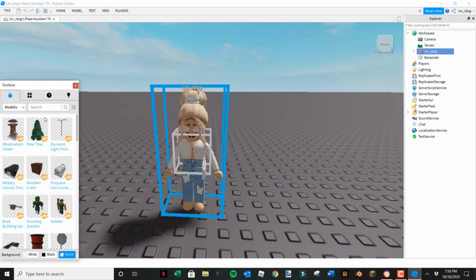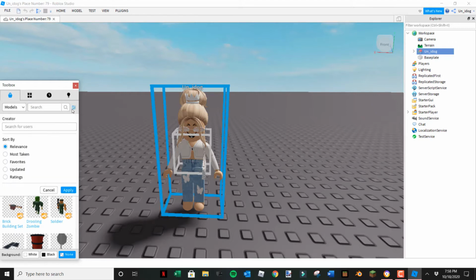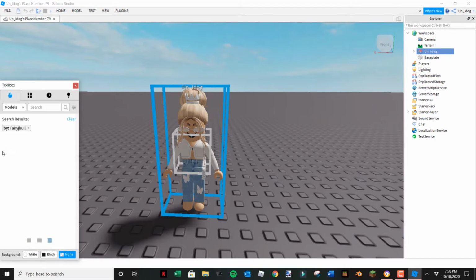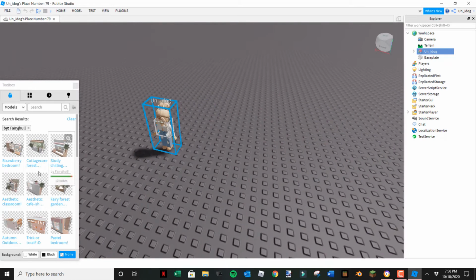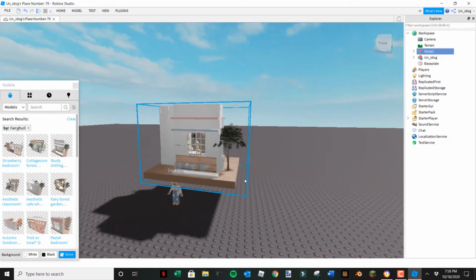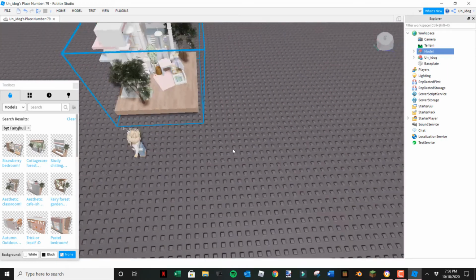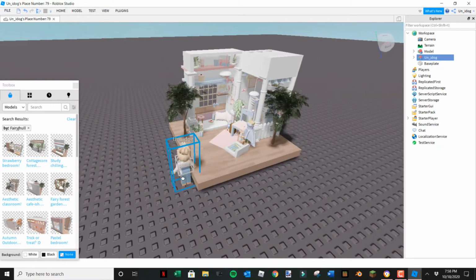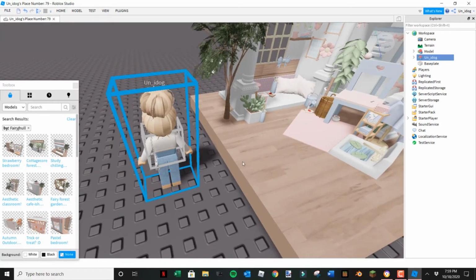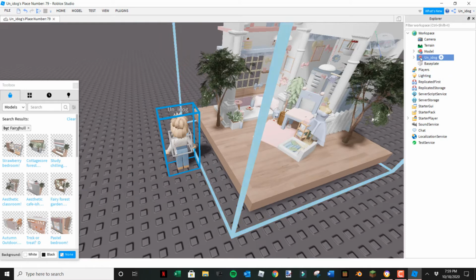and then you can type in what model you want, or you can search by creator. I like doing, I don't know how to say her name. But yeah, and then apply, and then you can test all the models, and then just choose whichever one you want. I will be choosing this model,